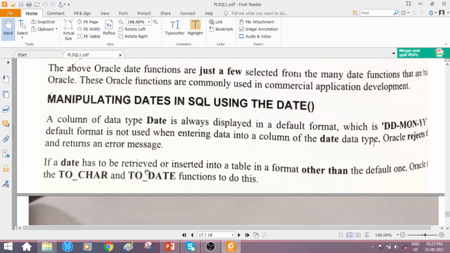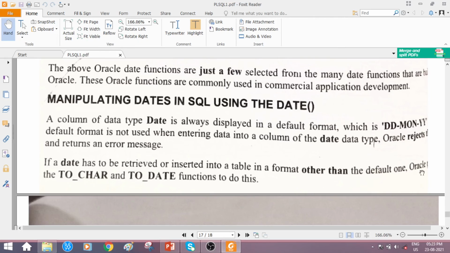So if a date has to be retrieved or inserted in a format other than the default one, is there any alternative?